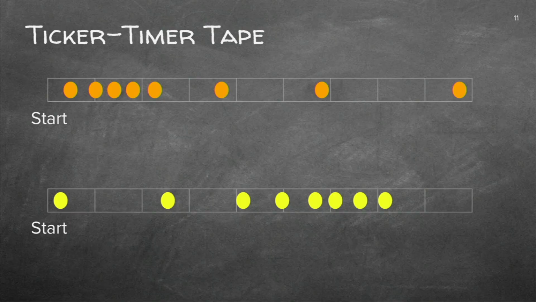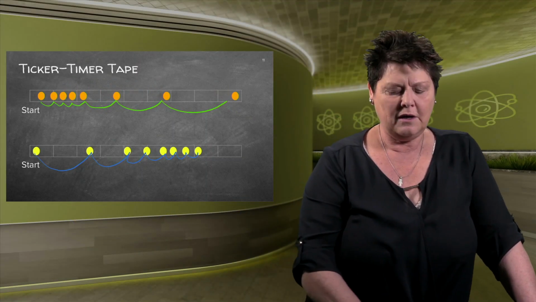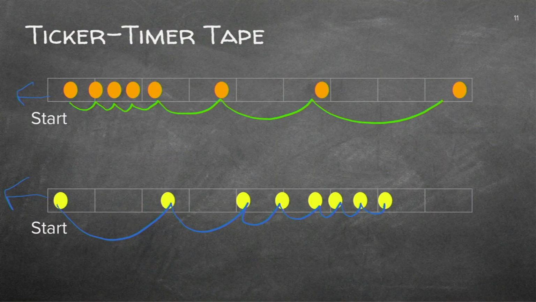Let's see what we have in front of us. I've got 2 ticker tapes. I've got one with dots very near to each other and then spreading out. And then I've got another one. If you have a look, you'll see they are far apart and then they're getting nearer. I'm going to give you 2 seconds to think. If this is moving that way and that way, which one is going faster and which one is going slower?